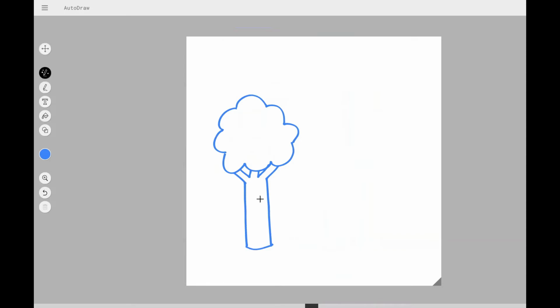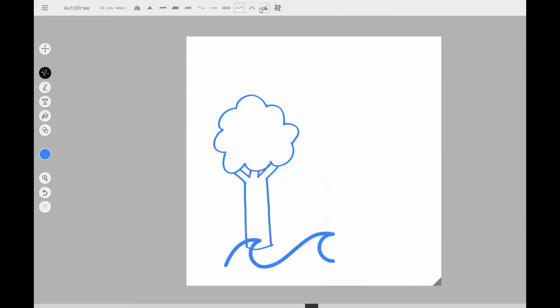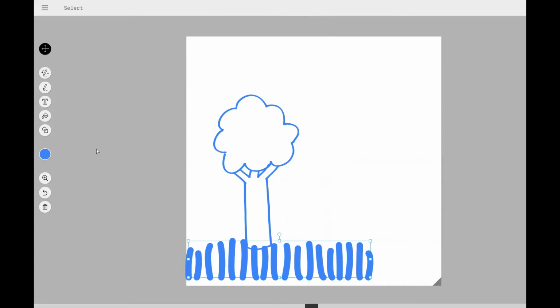Go back to the AutoDraw button, and I'm going to make some lines like that. So up here at the top, it says, did you mean this, or this, or this, or this? Or it even thinks that it could be waves. But I'm going to go with these guys.